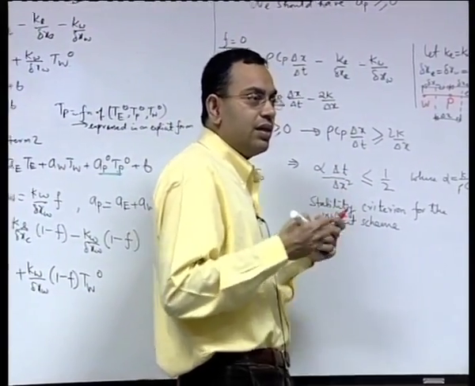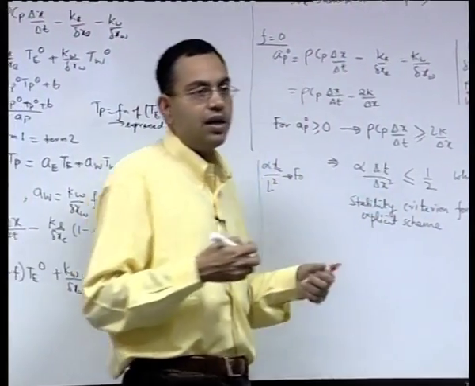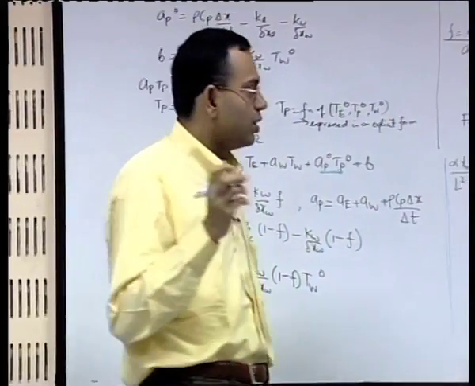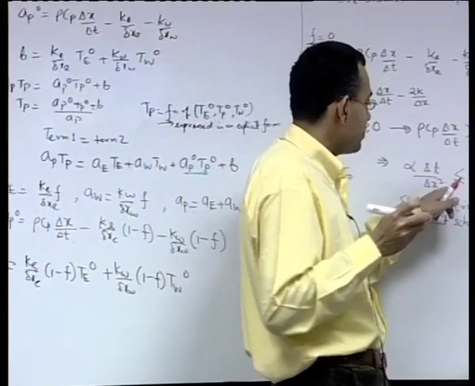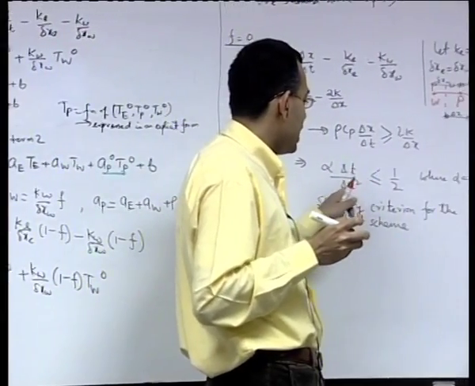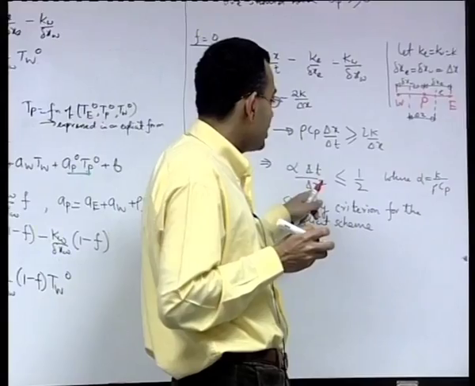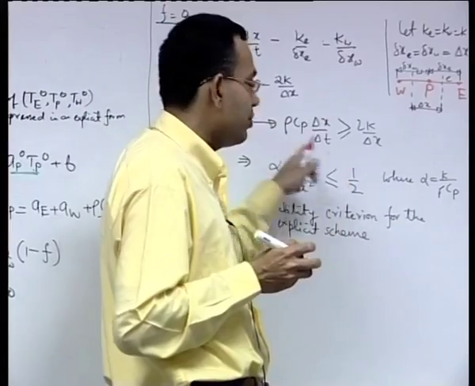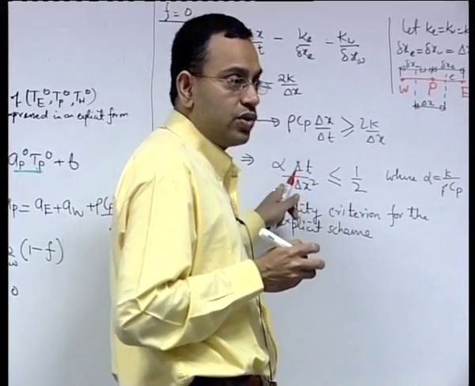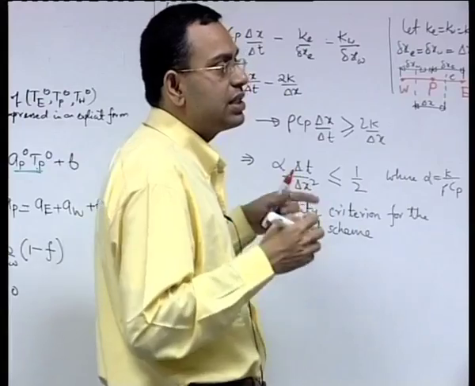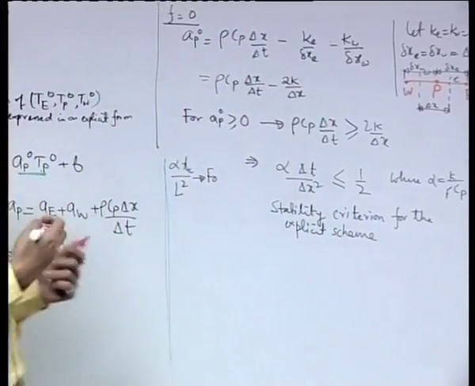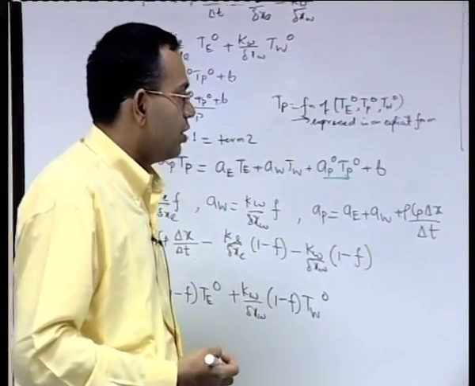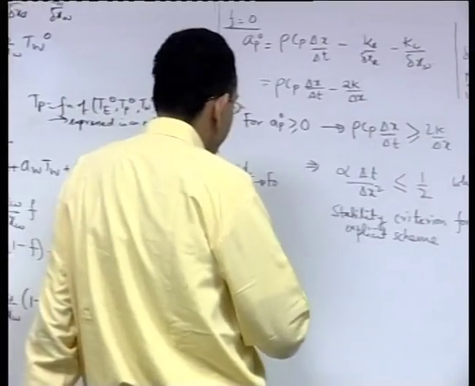In general, to get a highly refined solution, we reduce the grid size spacing. When you reduce the grid size spacing delta x, you can see that the corresponding time step size also should be reduced, matching this requirement. So, you cannot indiscriminately use a large time step size; the time step size is limited by the grid spacing. So, you can clearly see that